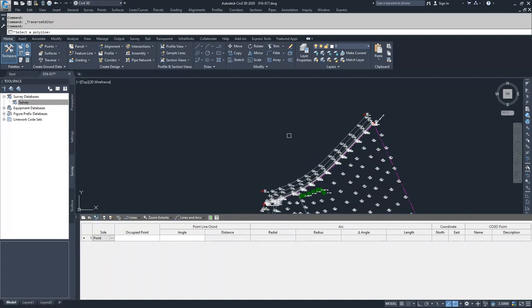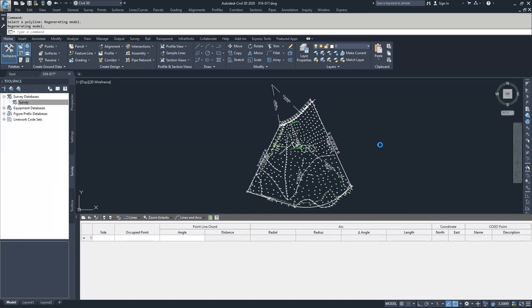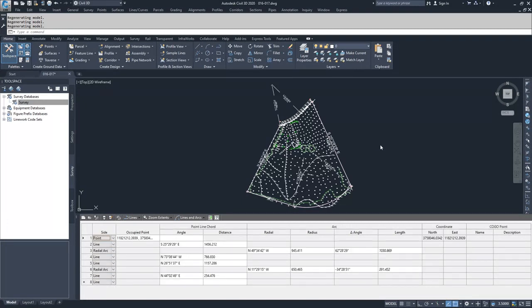I'm going to select my polyline that makes up my property boundary. Civil 3D runs through the computations of what these arcs and lines are, and it spits out the data for that parcel that I've highlighted here.